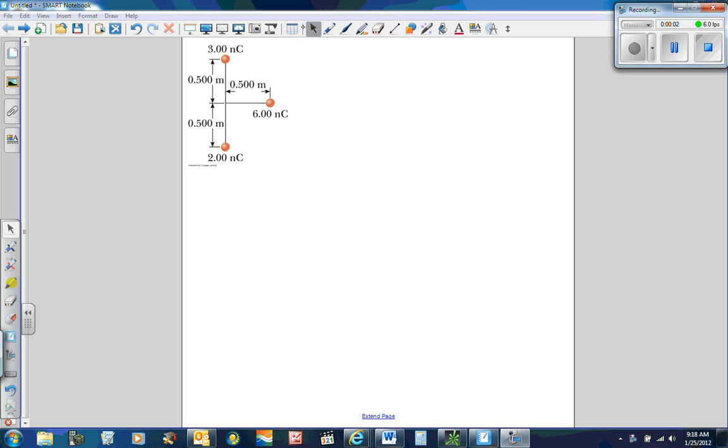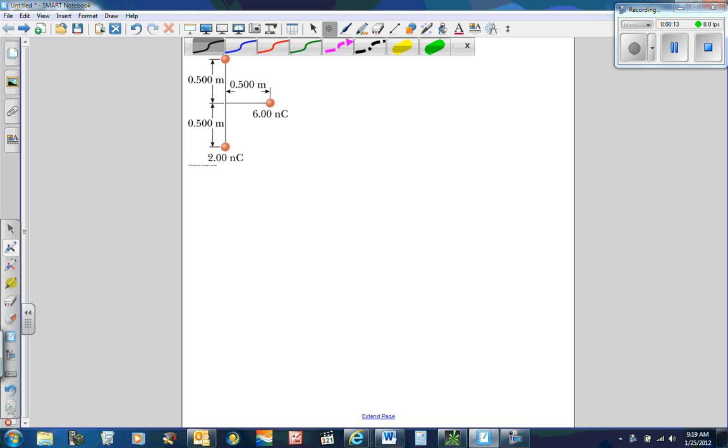This is number 12 on page 526, and the question is, given this configuration, what is the net force on the 6 nanocoulomb charge? And so what we have to do here is